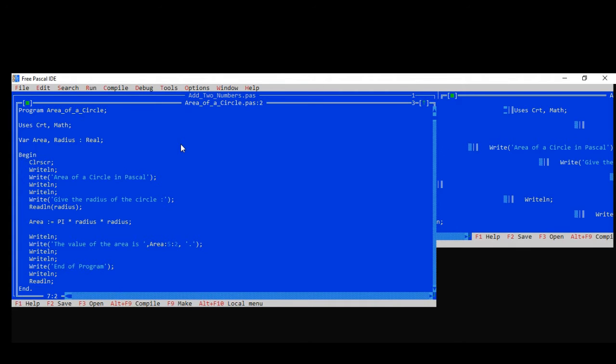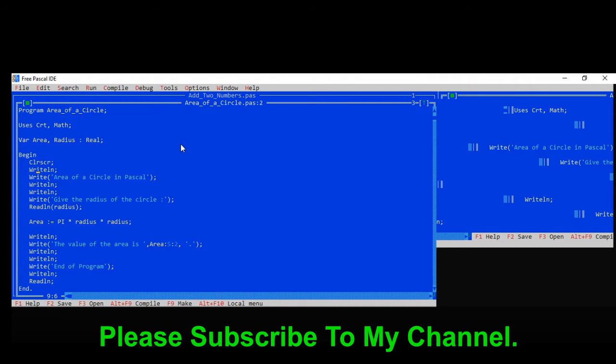So let's get started. I'm using Free Pascal IDE in writing this program. So we have here program area_of_a_circle, the name of our program, using CRT and math, and then I declare two variables, area and radius, which have a data type of real. We have here begin, clrscr to clear the screen, and then writeln the title of our program,